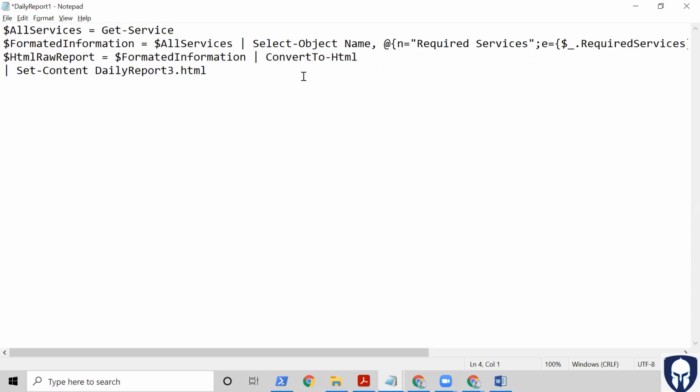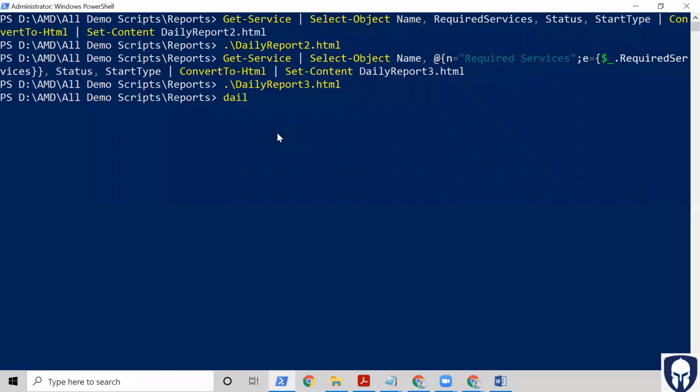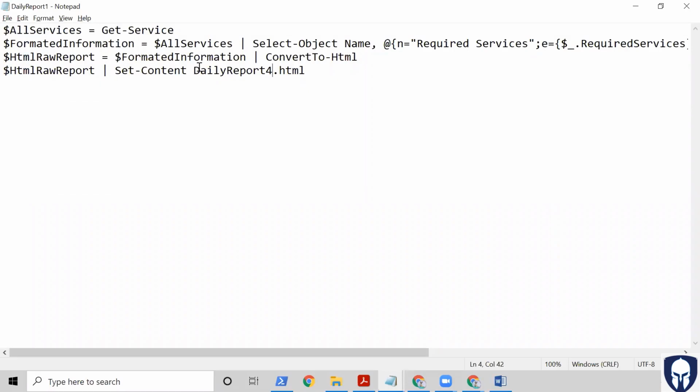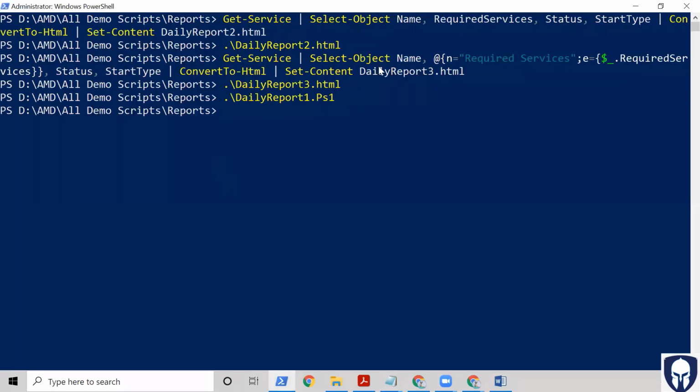Okay, and then finally, whatever the HTML report, I'm going to pipe it to Set-Content. Okay, and I'm going to save this. What I'm going to do is first change this to 4, and then see whether this is working. Okay, daily report PS1, right? So hit enter. Now we see the daily report is generated,